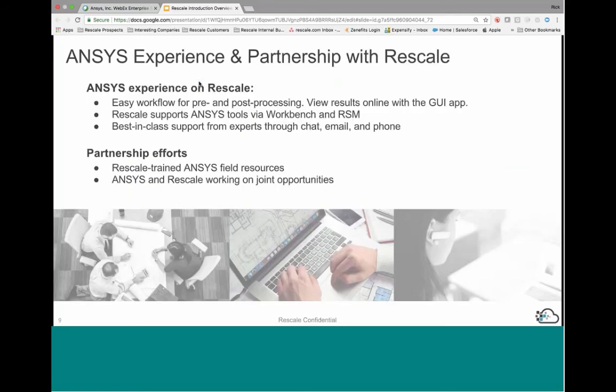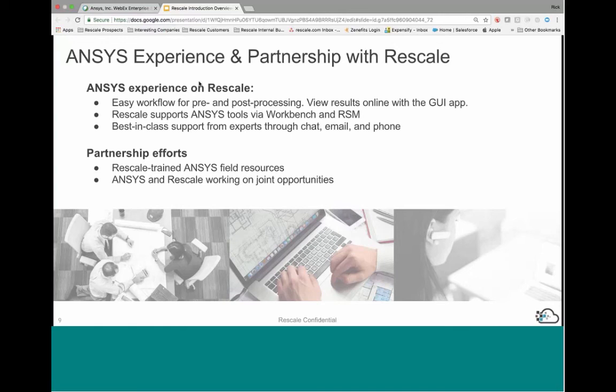We're expanding the partnership with ANSYS in terms of supporting their wide range of GUI apps. We have virtual desktop technologies that we've written to specifically take advantage of a virtual desktop that is run on the cloud, allowing you to do both pre and post-processing work on the cloud. Because it's important that you want to view your results and validate your results on the cloud before you start moving large data sets around.